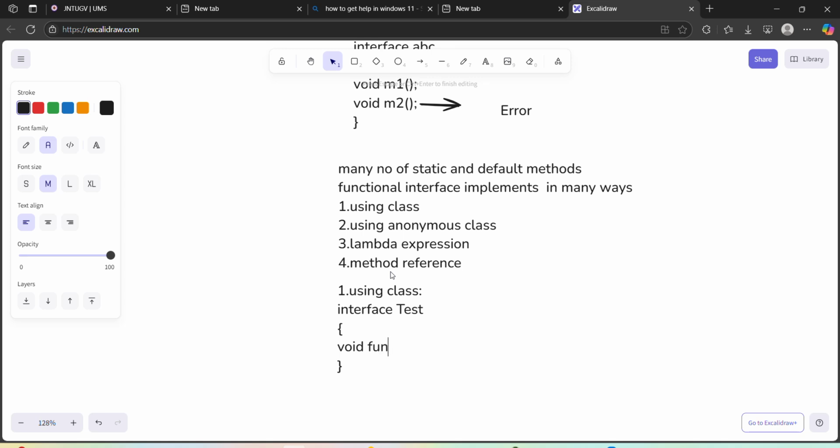Okay, we'll take some methods. I'm declaring one abstract method. After that, I said, using class means we are taking another extra class. So I'm taking another extra class, class demo, which implements test. That means it can be demo, an external class, nothing but another class that implements this test, and we